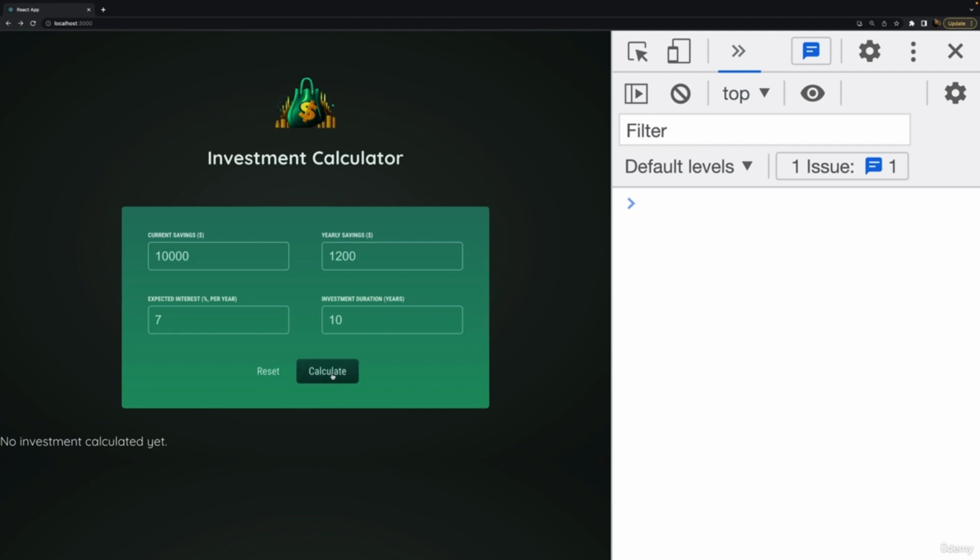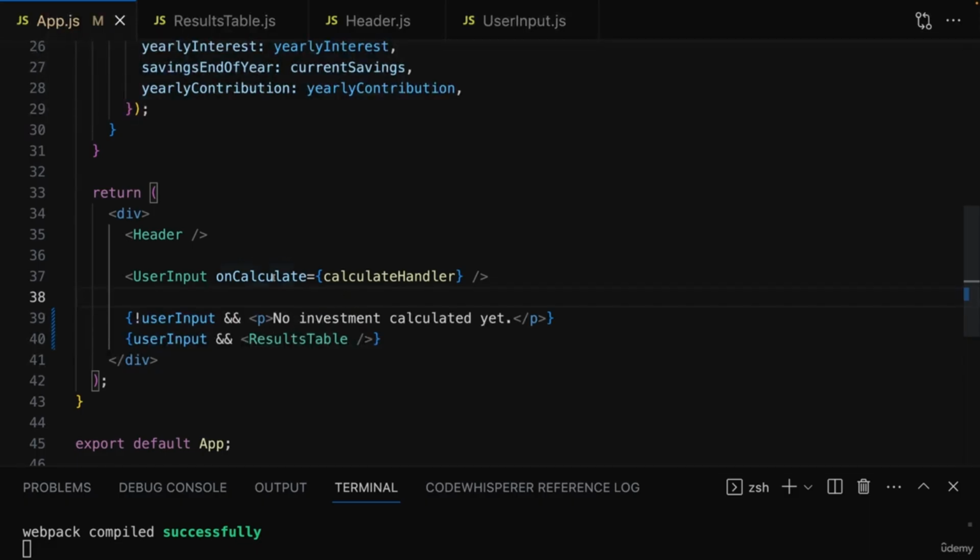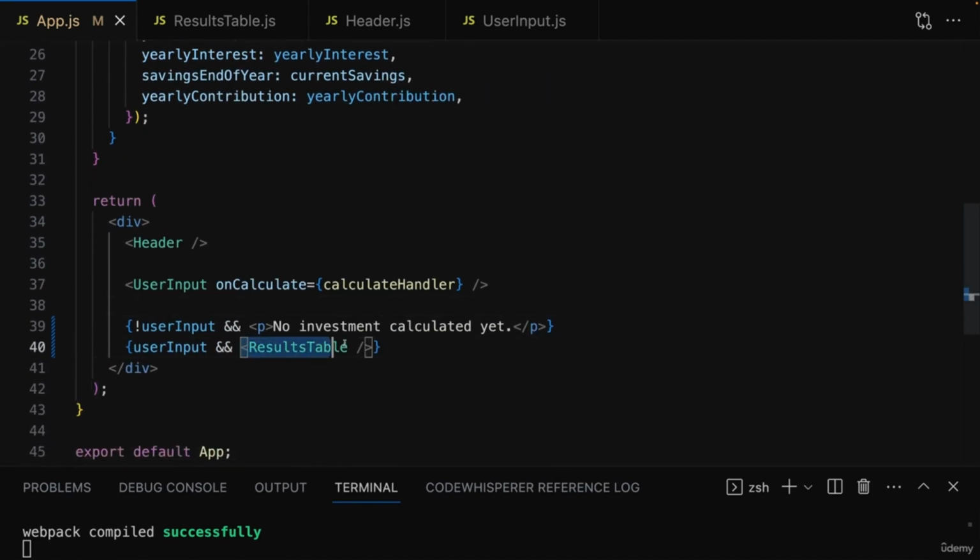But as soon as I press calculate, we instead get this table. At the moment, this table only outputs some dummy data, but nonetheless, it's a good starting point. So now it's really time to pass our calculation results to the results table and to output the data in